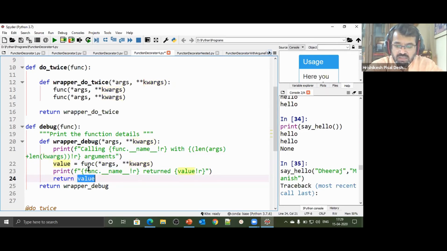So it's going to also return the name of the function which is being called, और उसकी return value क्या है वो बता रहा है. It's also going to return that particular value.